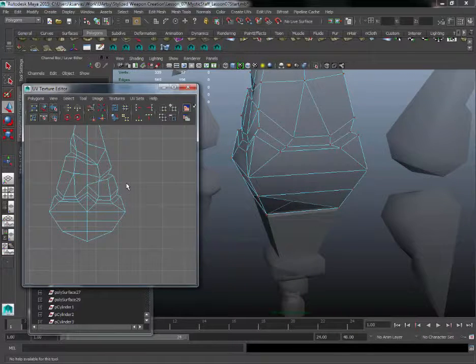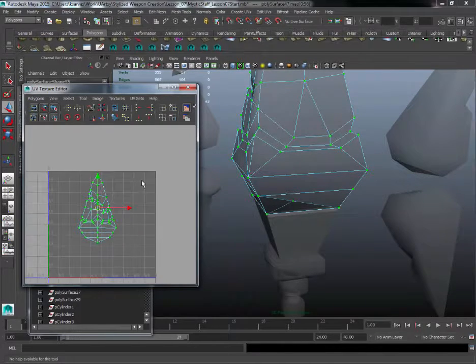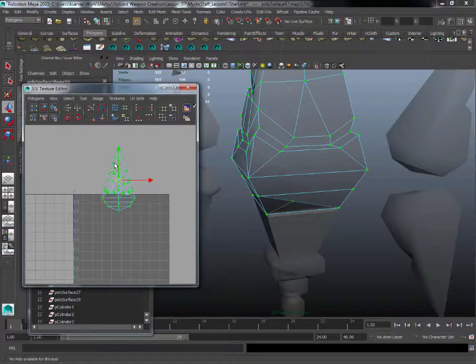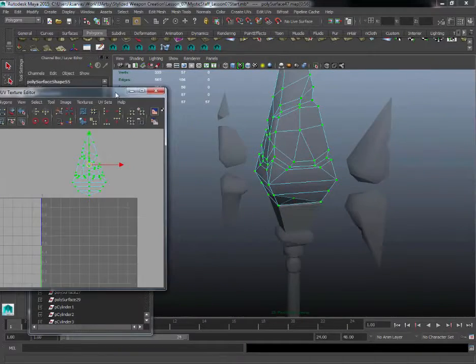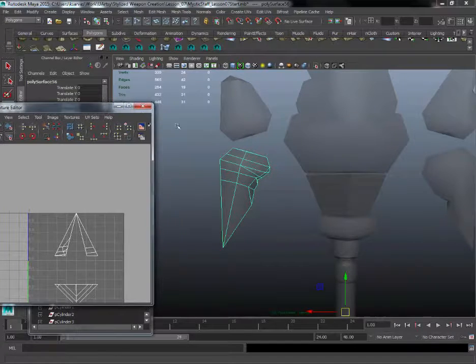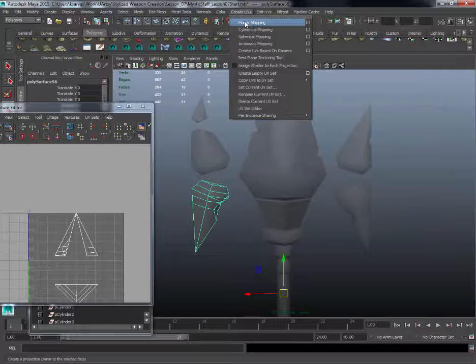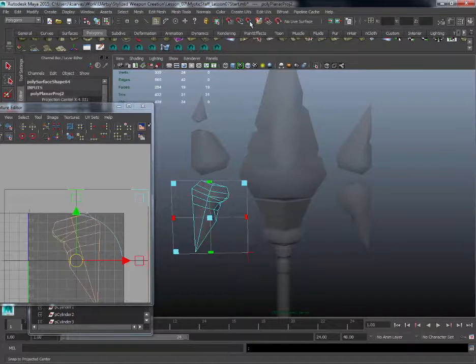Alright, so now I'll move this UV shell off to the side, because we're done with this one for now. So I'll move this up, and then this piece right here, I'll go ahead and do a planar projection. We're going to do the same exact steps that we did before. We don't need to hit options this time because it's the same exact settings. So I just press on that,